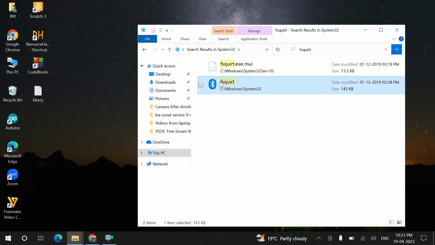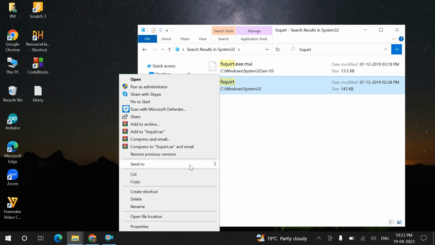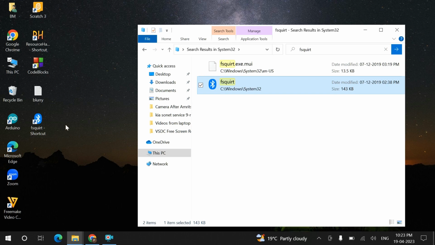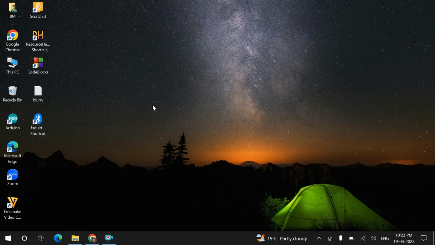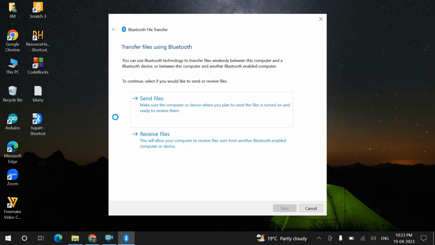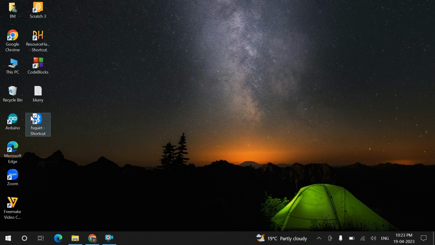What you have to do, right click on it and send it to desktop. A shortcut will get created over here, and now close this and double click on it. You will see Send and receive files. You can send and receive files by using this option. And if it does not work,